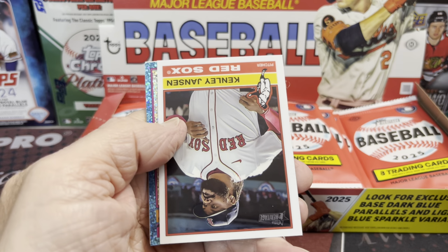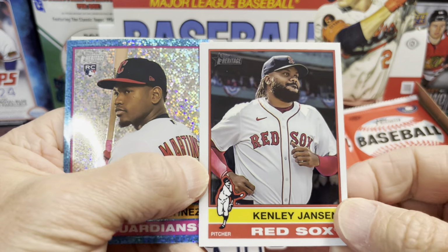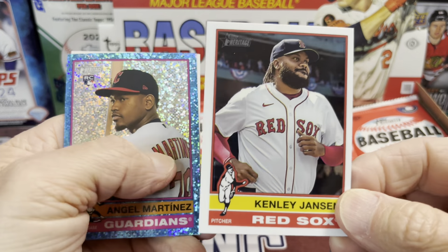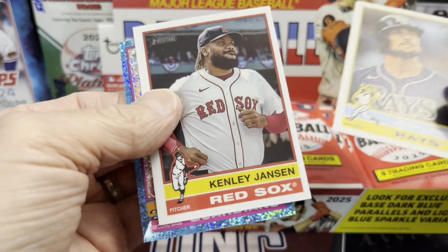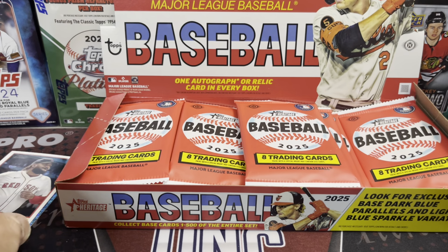All right, so here we have our first look. We got 2 back-to-back chrome. One is just a regular chrome. These are not numbered this year. And then these are the blue sparkle variations, and these are not numbered either, I believe. But these are fairly common, and so are these chromes. So we're going to have a few different varieties. There's a Josh Lowe there, Kenley Jansen and Angel Martinez. Let's see if we got anything else in that one. Nope. We'll take a look at all the packs, so don't worry. This is definitely going to take a little bit of time,